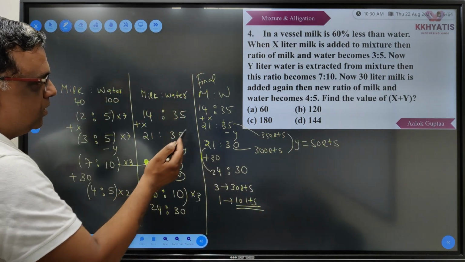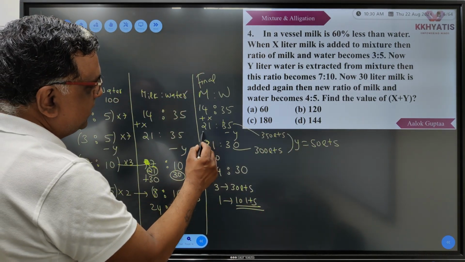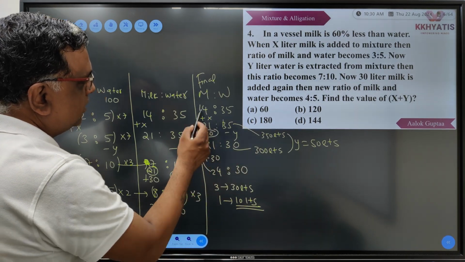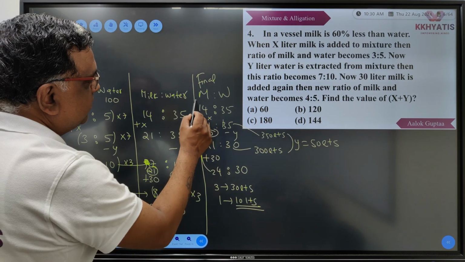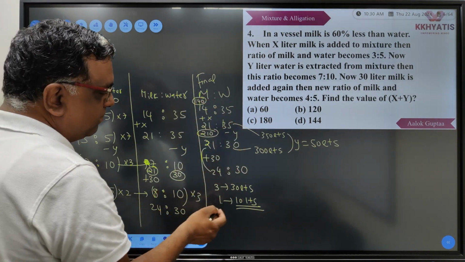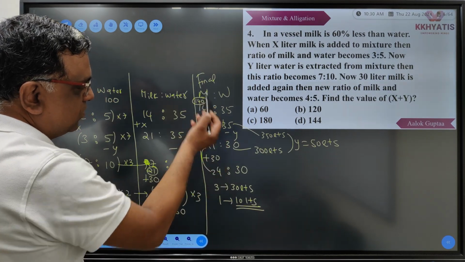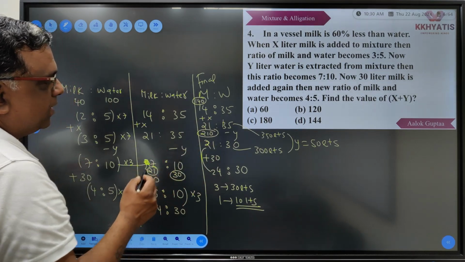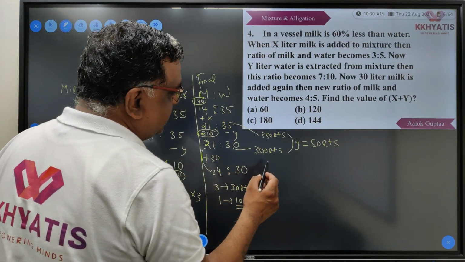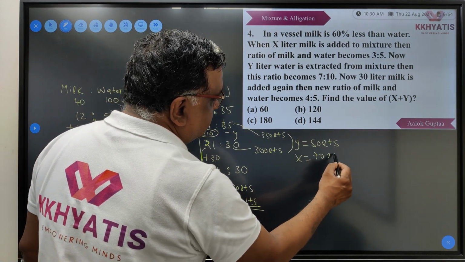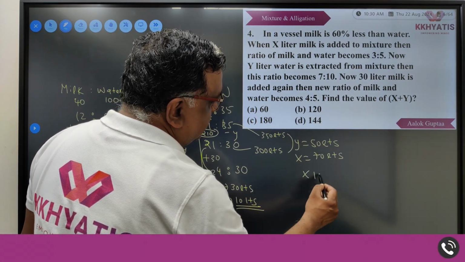Now let us go here. So this should be 210 liters because 1 is 10, so 21 will be 210, and this 14 should be 140 liters because now all my ratios are matching. So I can apply this 10 liters, 1 corresponds to 10 liters to any of these values. 140 से 210 हो गया, which means 70 has been added, which means x की value 70 liters. So x plus y